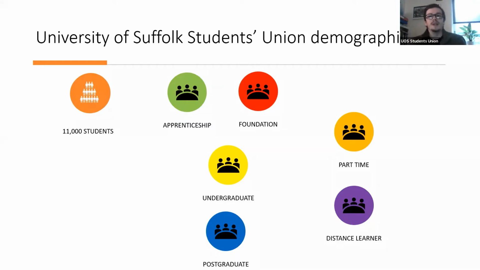I suppose everyone is to some degree a distance learner at the moment. In previous campaigns, people might have very much focused on in-person campaigning on campus, which might have missed part-time or distance learner students. But I suppose this year you're going to have to be tailoring everything to be online anyway. It's important to think about, when things eventually return to normal, that anything you might want to campaign on might affect those students differently. So it's still worth thinking about those students when you're coming up with your ideas.